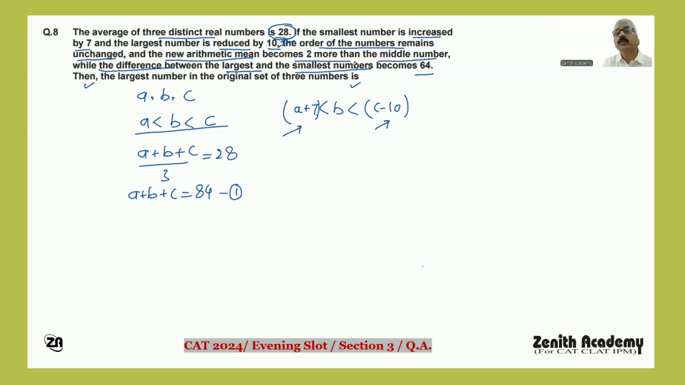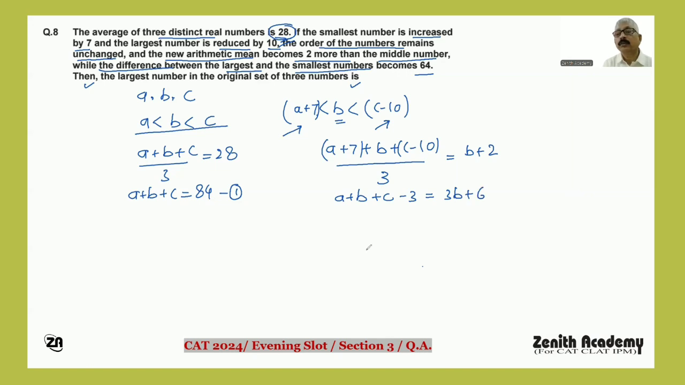And the new arithmetic mean becomes two more than the middle number. New arithmetic mean, for finding arithmetic mean, you can add all these three values. The first is A plus 7, then B, then C minus 10. These are three new numbers in the new scenario. इनका जो sum होगा divided by 3 is the arithmetic mean. Arithmetic mean becomes two more than the middle number. Middle number is B, means this arithmetic mean is B plus 2. So simplify it, A plus B plus C, and this 7 minus 10 is minus 3, is equal to 3B